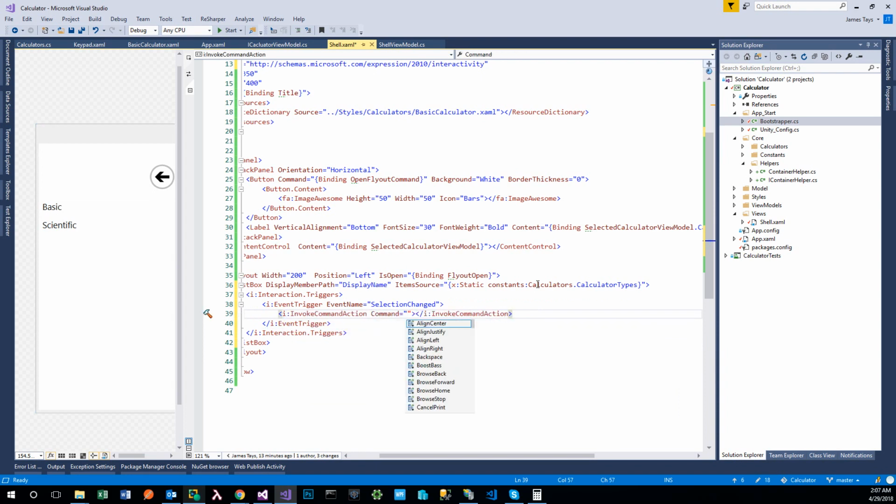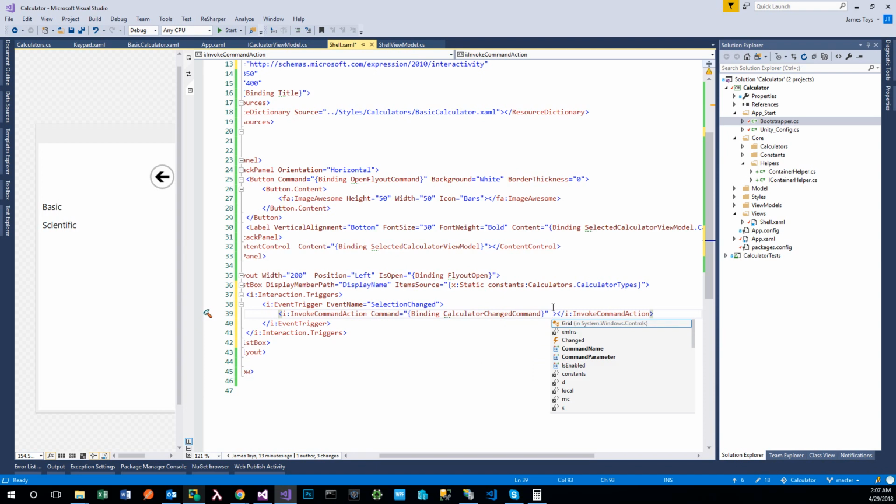We say Command, it's going to be binding to our command, and we want to pass a parameter of